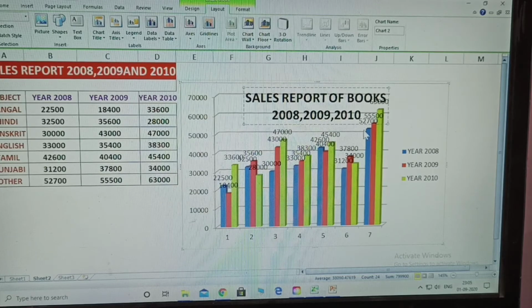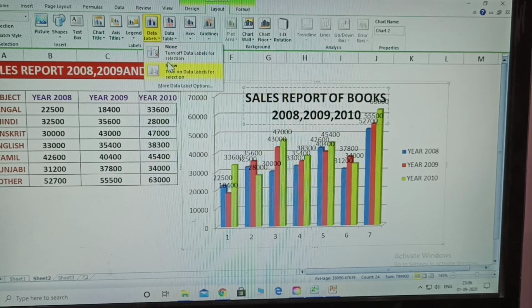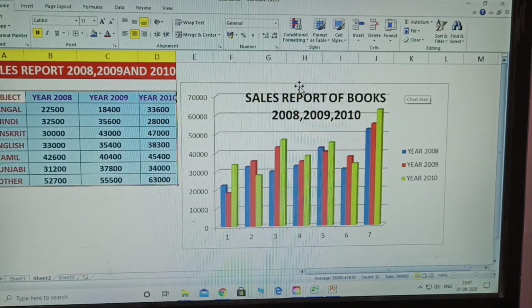See, these are also labels. Whichever years you selected, 2008, 2009, 2010, those year labels will be displayed. Okay, where are the labels? Data label, there select show the label, and none, none. Next one, now you click the whole data.